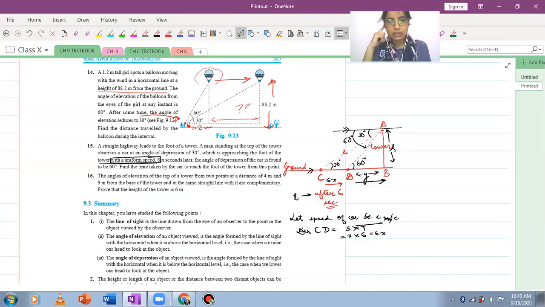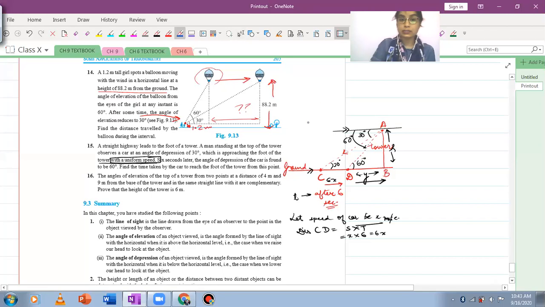So what we have here is the angles of elevation of the top of a tower from 2 points. कोई टावर है, उसकी टॉप को ऑब्जर्व किया जा रहा है 2 पॉइंट से. ग्राउंड पे 2 पॉइंट्स है, वहां से टॉप ऑफ द टावर को देखा जा रहा है. Both the points are in the same straight line. It's written here. They are in the straight line, and the distance of those 2 points from the base of the tower is 4 meters and 9 meters respectively. So एक point closer है, उसका distance tower से 4 meters है. एक point थोड़ा दूर है, उसका distance from the tower is 9 meters, and the angles of the elevation are